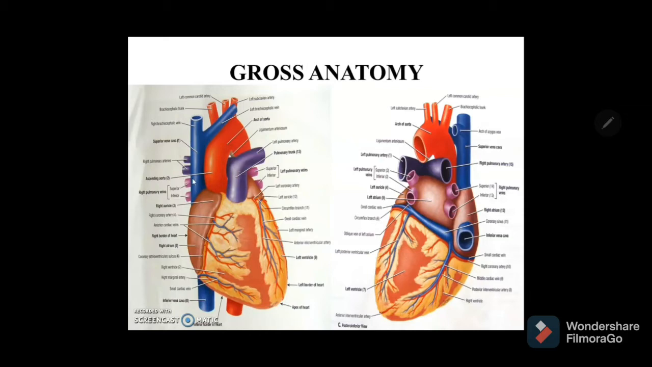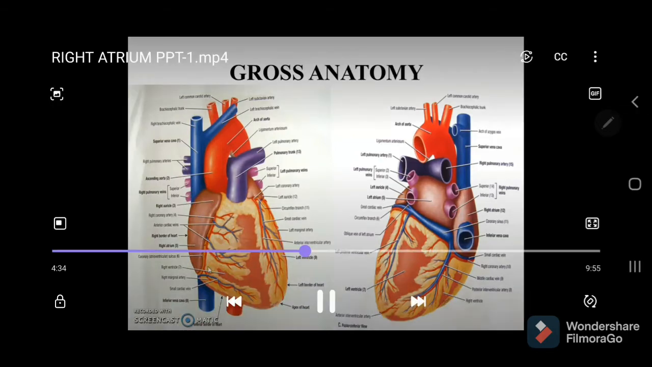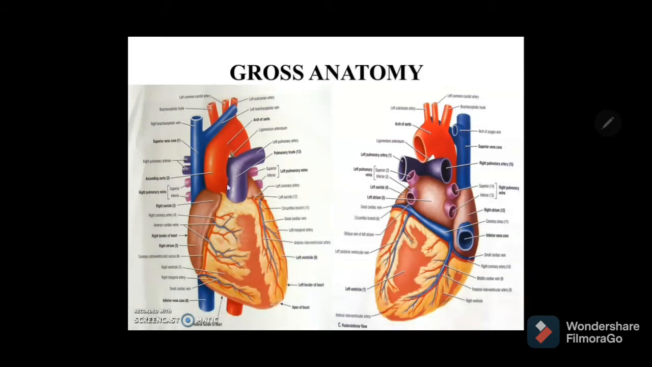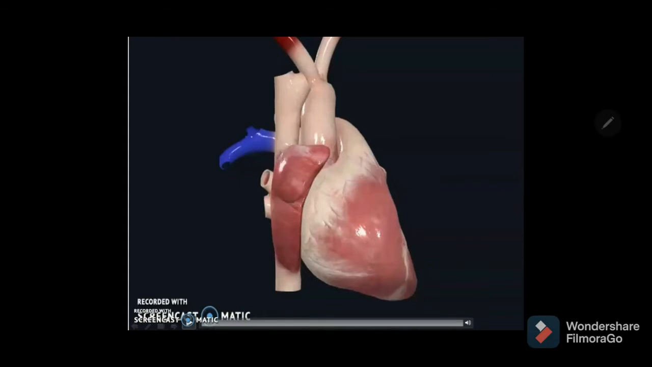Coming to the relations, posteriorly it is related to the pulmonary veins that you can notice, the right pulmonary veins, and medially it is related to the ascending aorta and the pulmonary trunk. Anteriorly it is related to the body of the sternum, and on the right side it is related to the mediastinal surface of the right lung. So here in this animation you can see